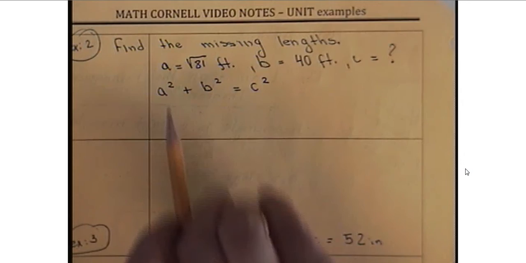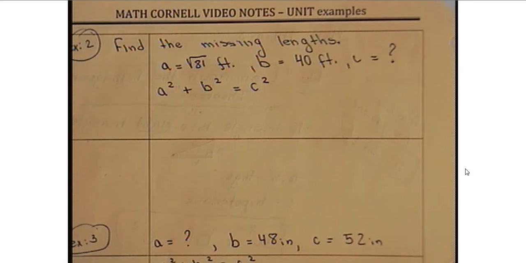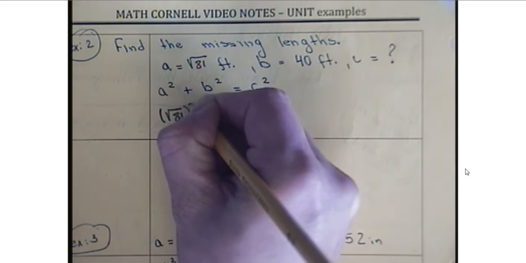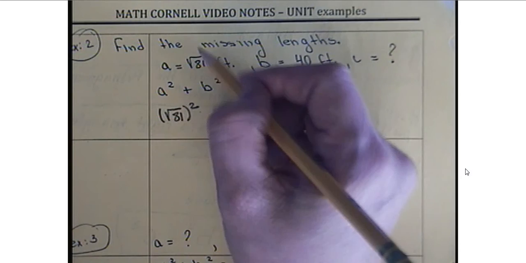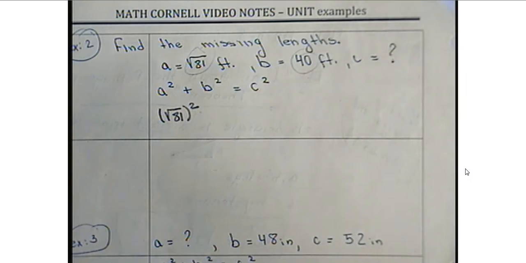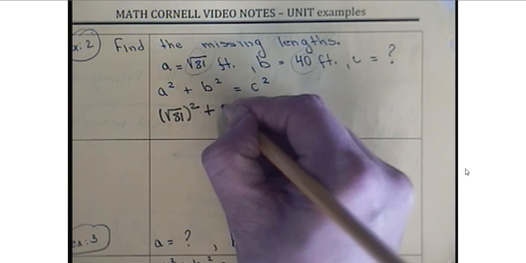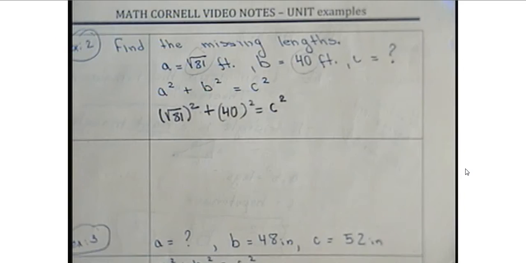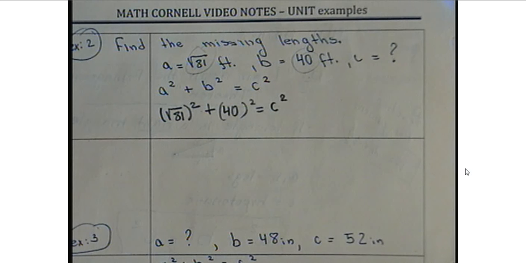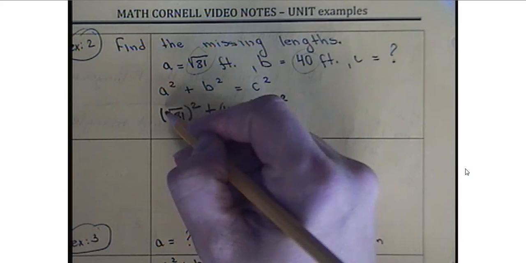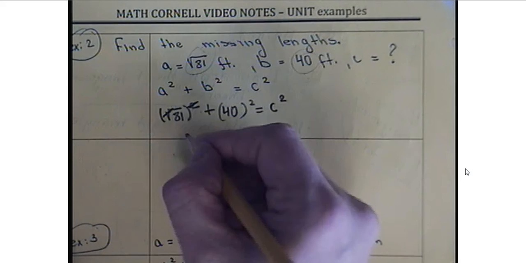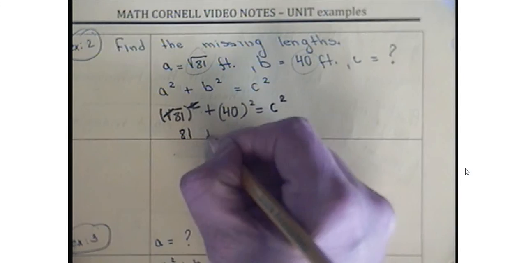Well, let's go ahead and substitute and see what we get here. A is square root of 81 to the second power. Make sure you always put all the numbers to the second power. Plus B is 40 to the second power equals C to the second. We don't know what this is. Now, remember when we learned about square roots and the second power that those two cancel? They always cancel. So square root of 81 to the second power will be just 81